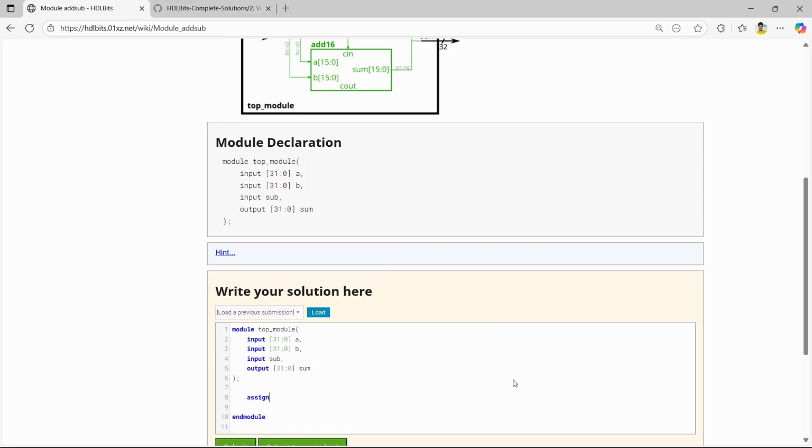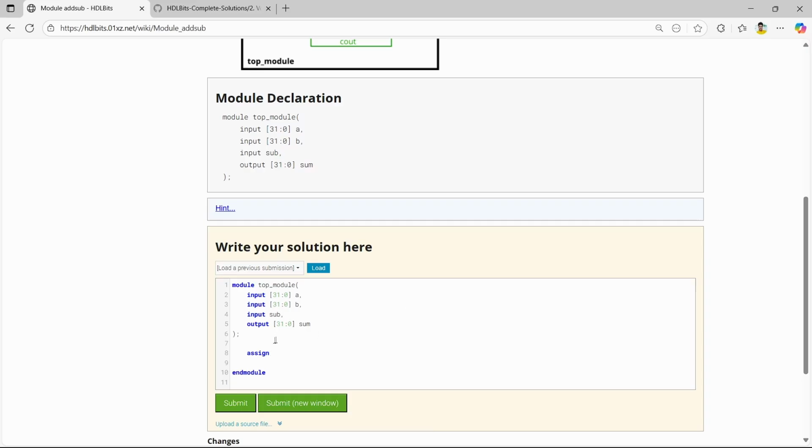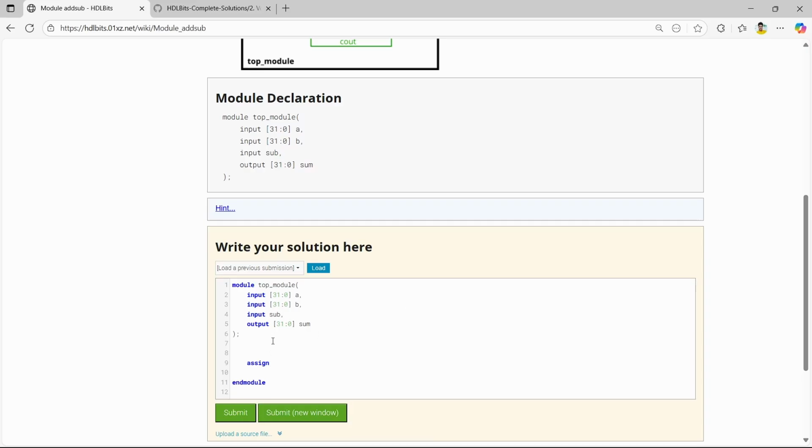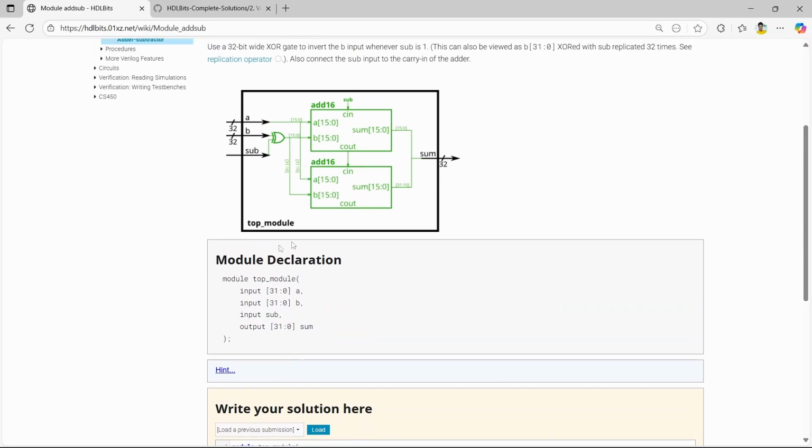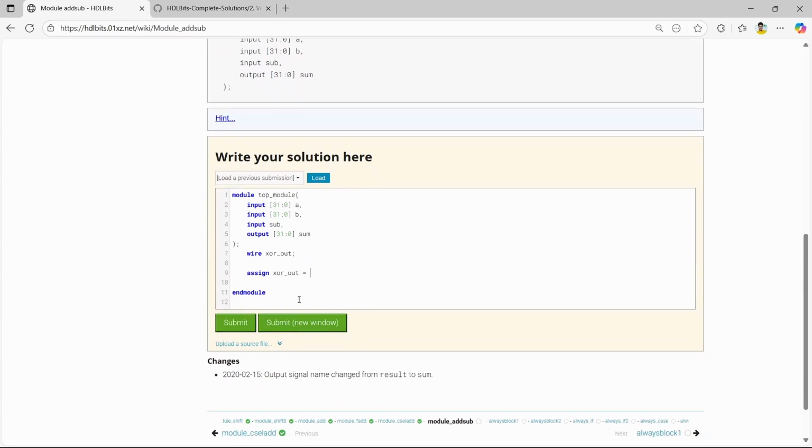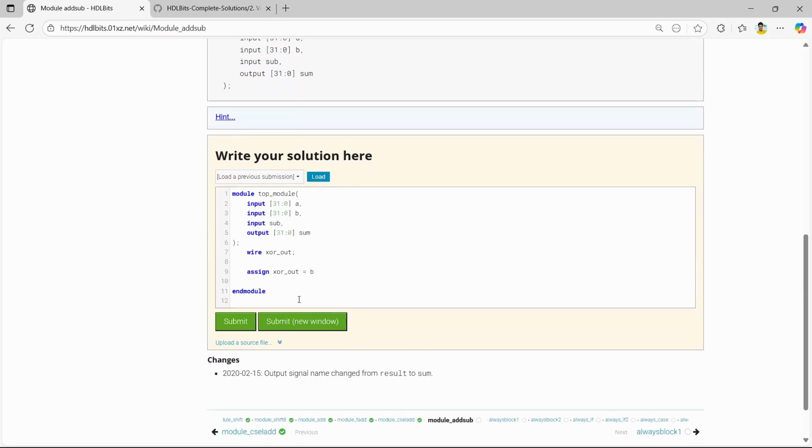Is there any other way we can do that? There is no other way, so we have to declare the wire first. Let's declare wire. I'm giving the name XOR output. Here we are just declaring it, then assign XOR underscore out equals to. So we have to do the XOR operation with the B signal. So B XOR with the